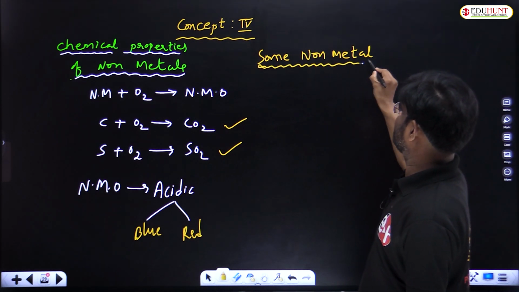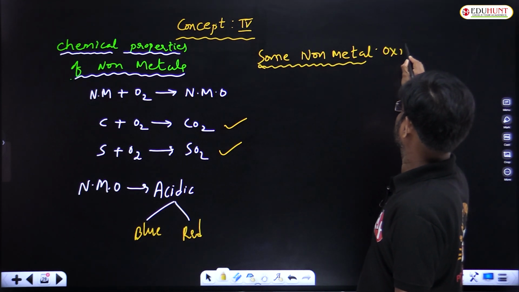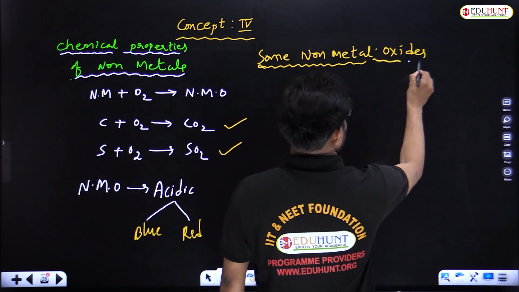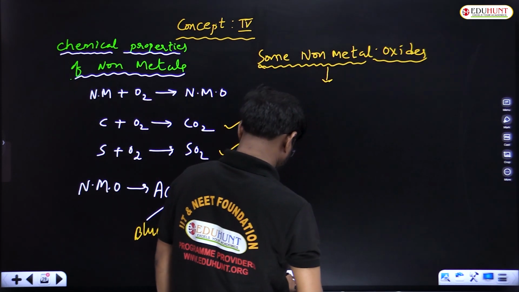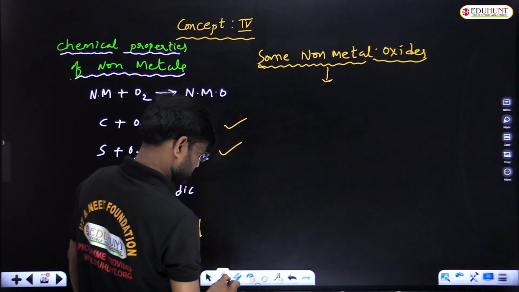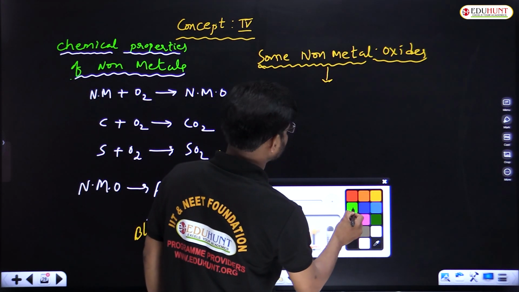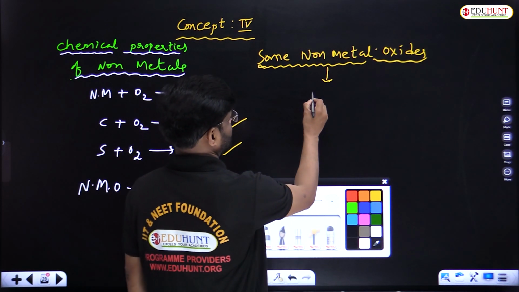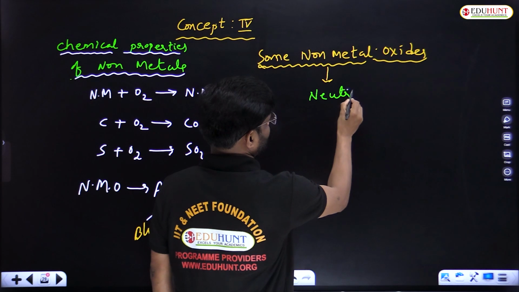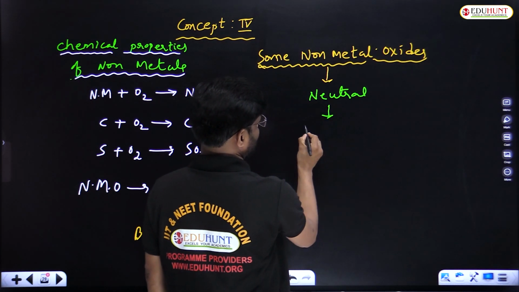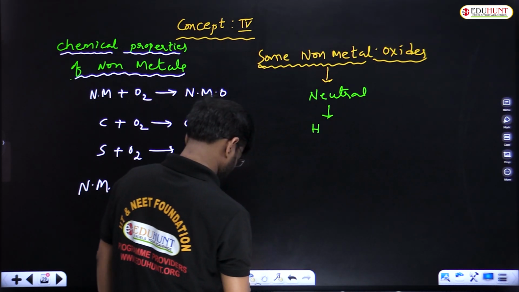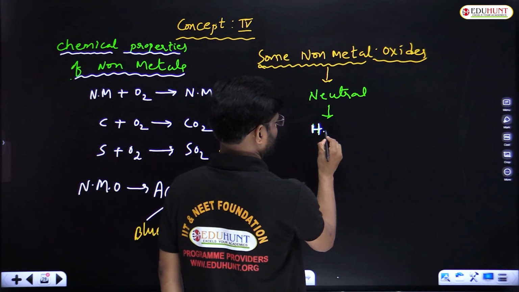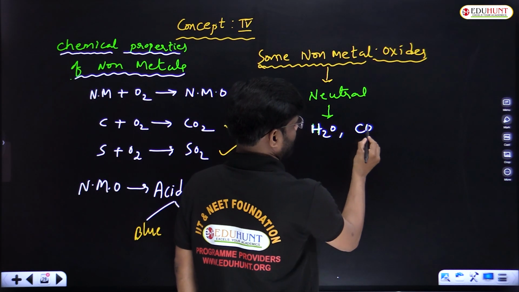Some non-metal oxides are neutral in nature. What are those non-metal oxides? H2O and carbon monoxide,